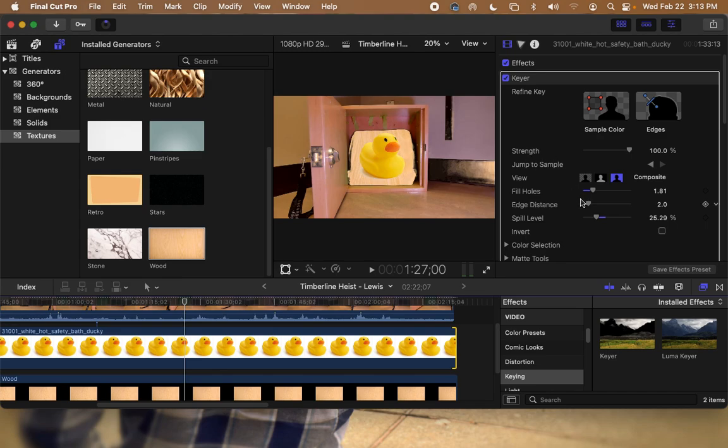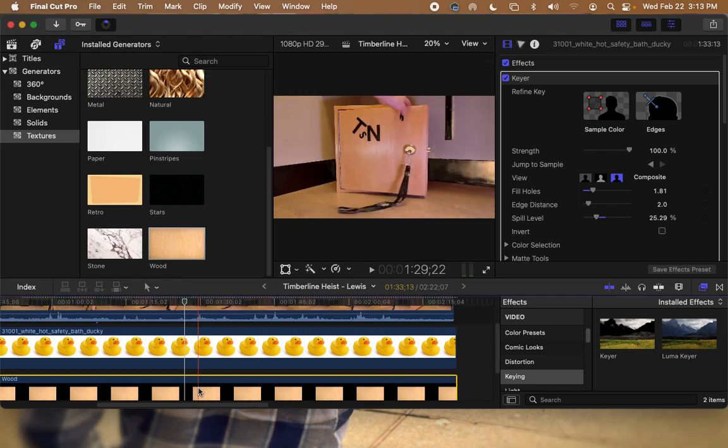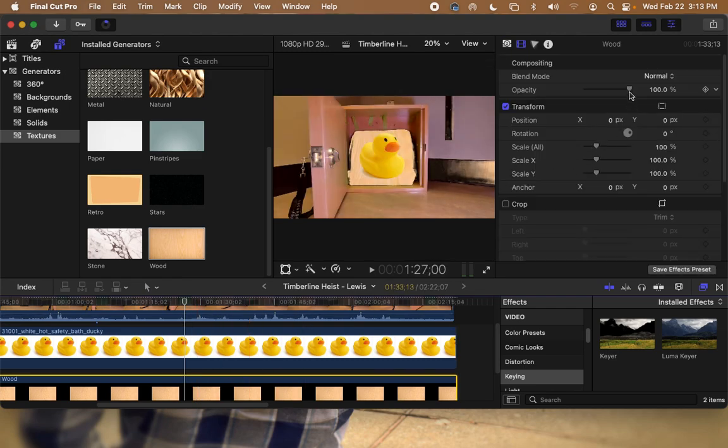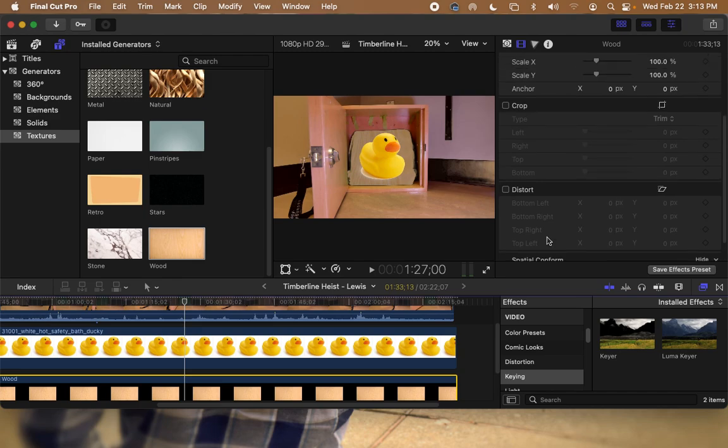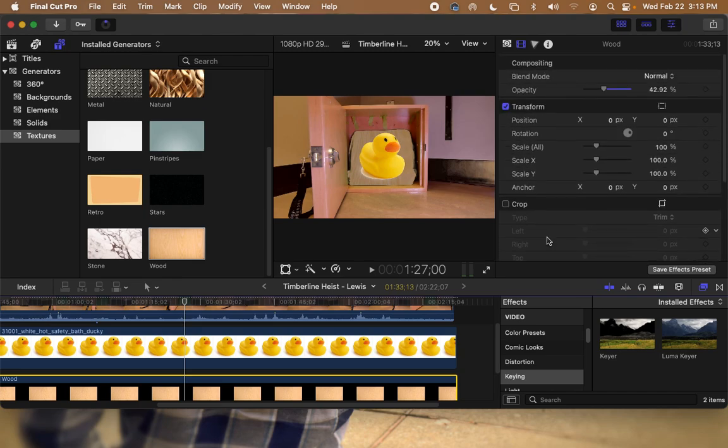Hopefully you all will spend more time to get these things looking good or not. Okay, I'm going to make this a little less shiny-outy. Yeah, if I had more time, I'd probably look on the internet and I would probably change this wood effect to match the background a bit better. But for the time being, I'm going to leave